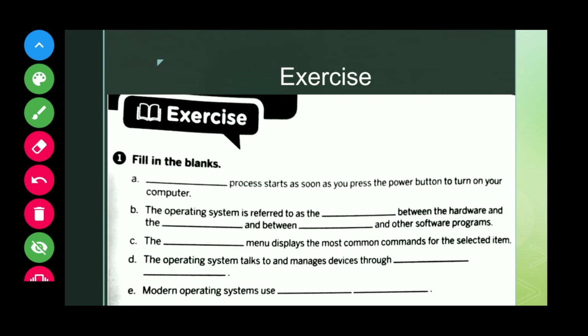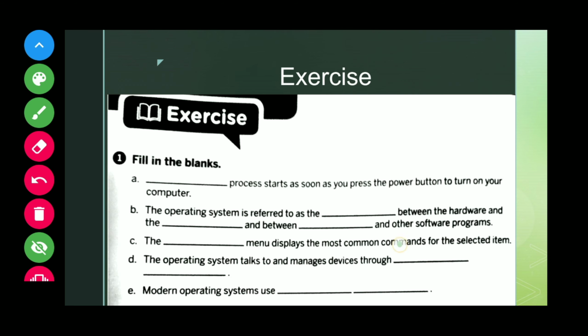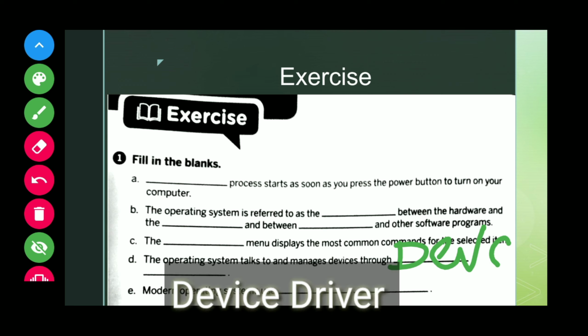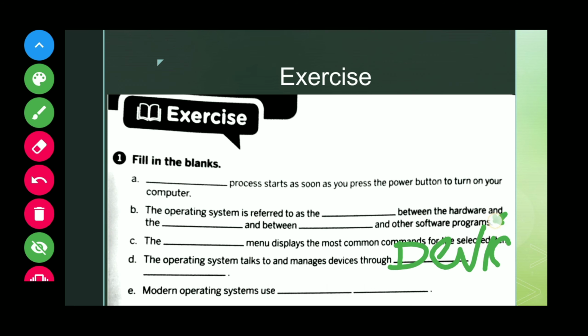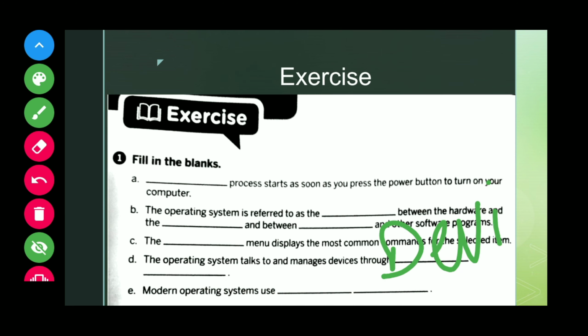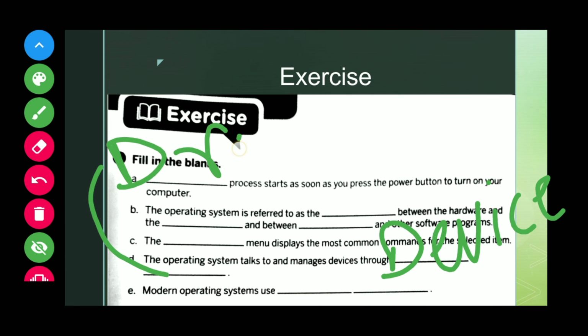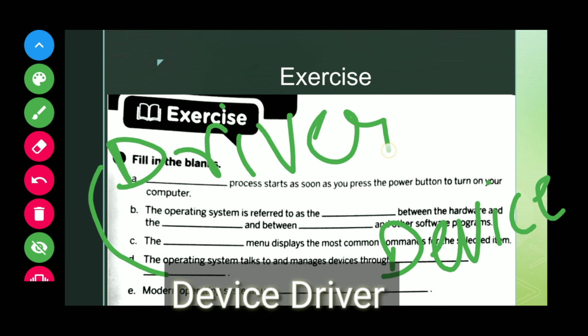Now, the operating system talks to and manages devices through a device driver. The right answer is device driver. Here you have to write device, driver.